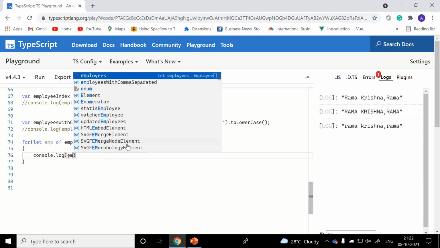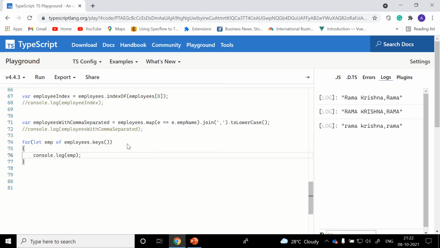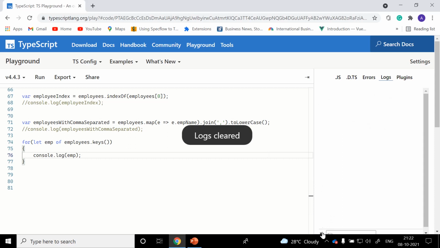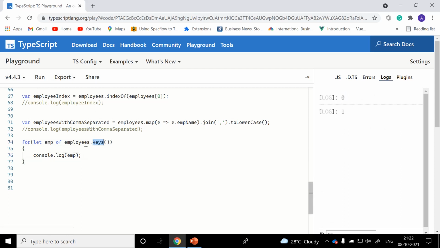Sometimes if we want to see the list of keys, let employee keys, console.log of it. Comment it and clear this, run it back. We will see that in these employees there are only two keys present. That's the reason keys returns an iterable. The term iterable iterator is itself confusing for me.